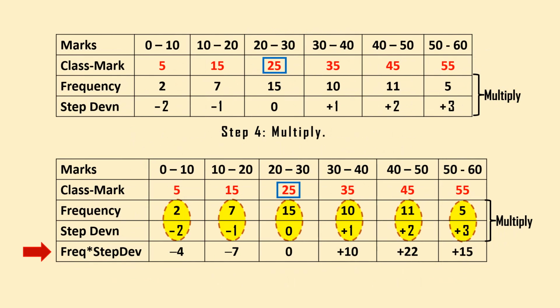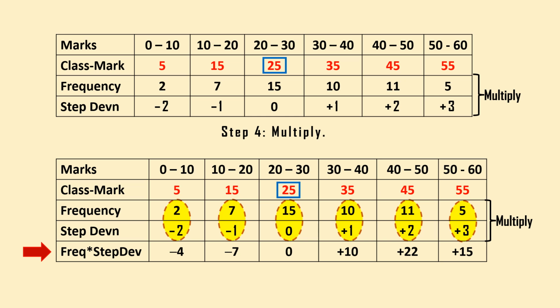What we are doing? Now the above table shows what we have already got. Now see the table below. We multiply, see we have marked by dotted circle the frequency and the step deviation. Frequency into step deviation, again you have to make a new field. After making a new field, that is a new row or a new column, multiply, but see that you put